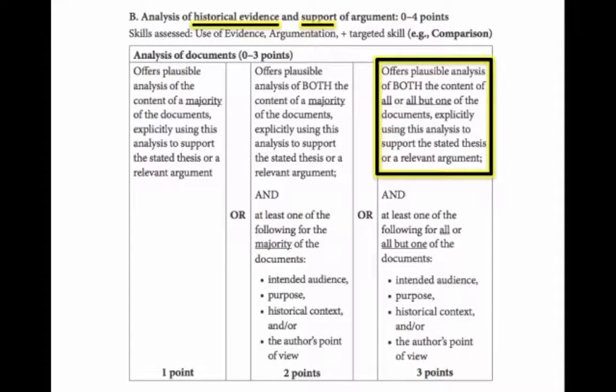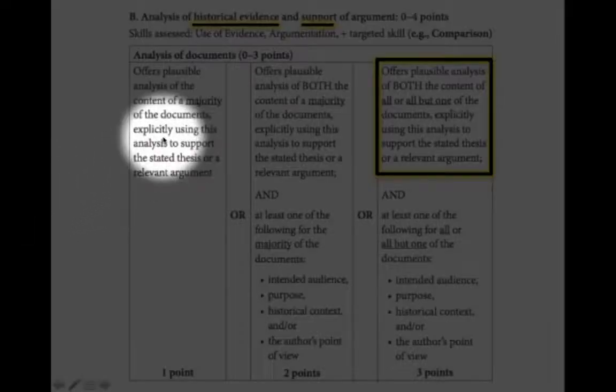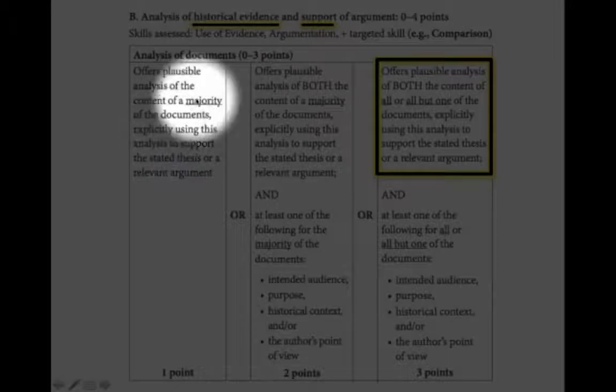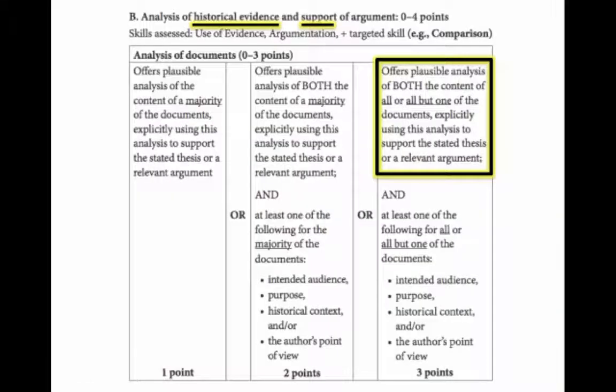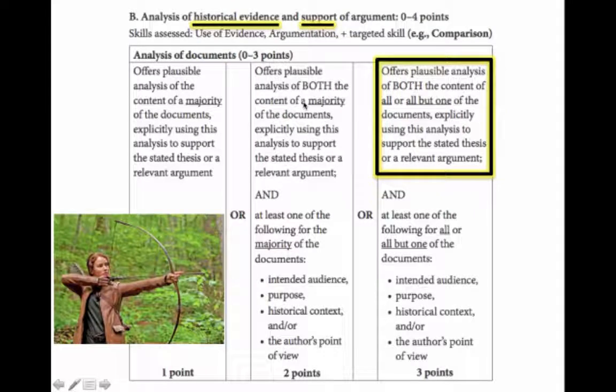It's right there. Part B of the rubric is they're going to be assessing your evidence and your use of that evidence. Now this is a big change, and for some of you this is going to be difficult, but don't be scared. If you use the documents, we'll go over to this column and right over here, you can get a point if you use the majority of the documents to support your thesis throughout the essay. 1 point. That's old school. If you want to go to the 2-point category, in fact, forget the 2-point category because we're hungry. We're like the Hunger Games, right? We're going for